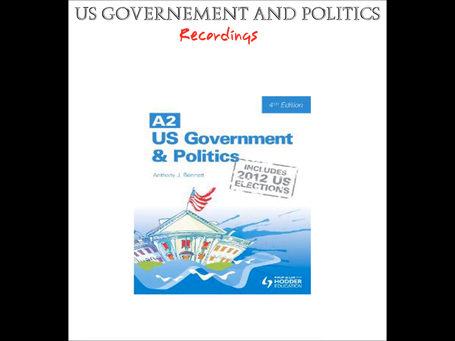Powers of Congress. The powers of Congress are laid down in Article 1, Section 8 of the Constitution. Some of the powers are explicit. For example, Congress is given the power to coin money. Other powers are vague. For example, Congress is given the power to provide for the common defense and general welfare